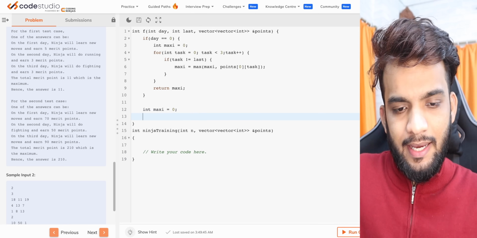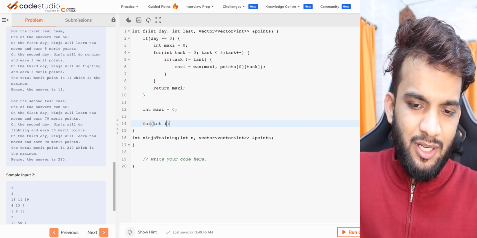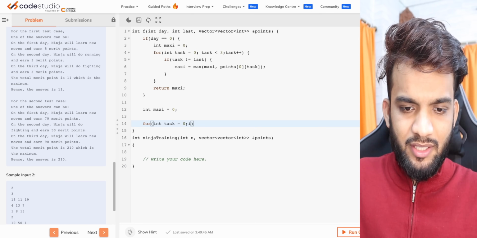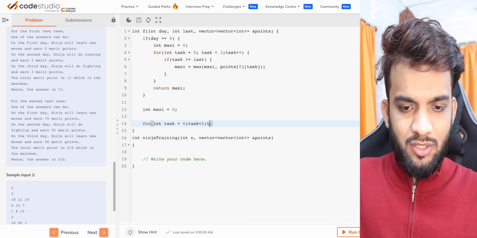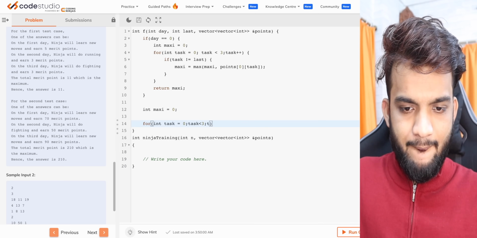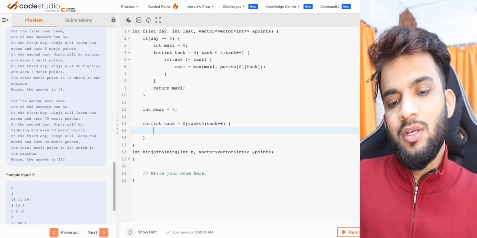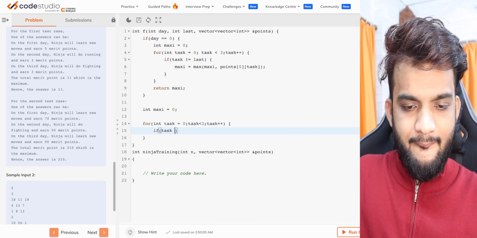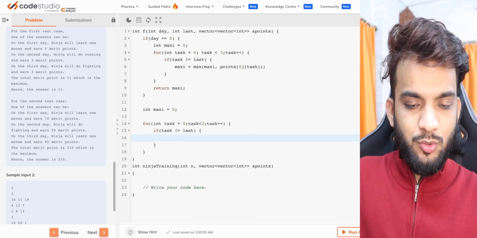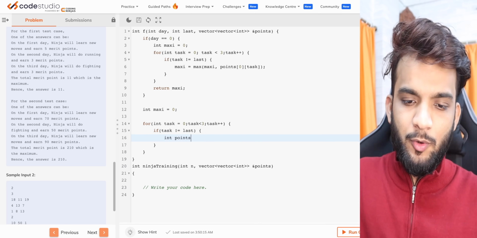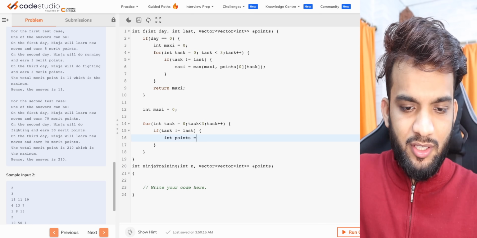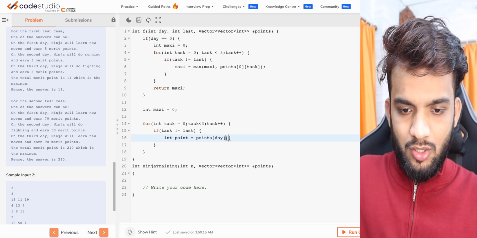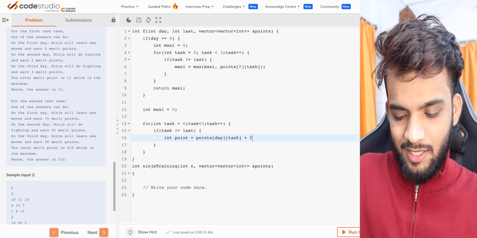If it's any other day, I will perform again the similar thing. Probably I'll be performing all the tasks again. How many tasks are there? There are 3, by the way. So I can do task plus plus. Now what I can do is, if this task was not done on the last day, let's do this task. But if I do this task, how many points will I generate? The points that I'll generate will be points on this day, this task, if I perform, plus